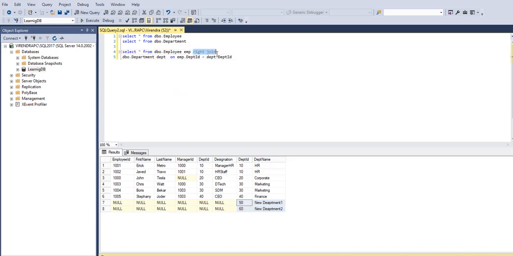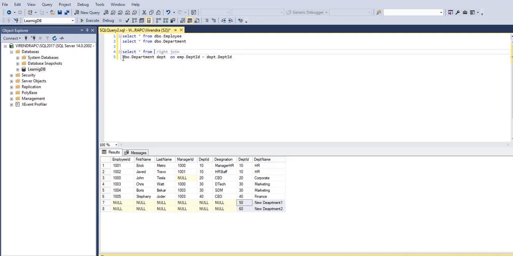We are telling SQL Server we want the data from the right table, so it will bring all the records from the right table and any matching records from the other table. Just to show you, let's swap this.